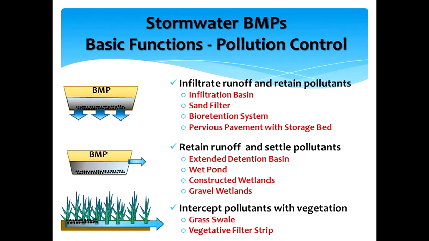Another way stormwater BMPs remove pollutants is by collecting runoff in a basin and keeping the runoff for a period of time. While the runoff is contained, gravity causes heavy solids, also known as total suspended solids, and pollutants to settle on the basin bottom while the cleaner runoff is discharged through the basin outlet pipe. Extended detention basins, wet ponds, constructed wetlands, and subsurface gravel wetlands are examples that use settling as a pollution control